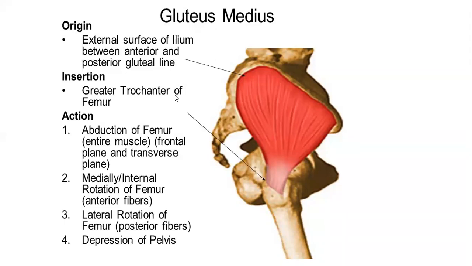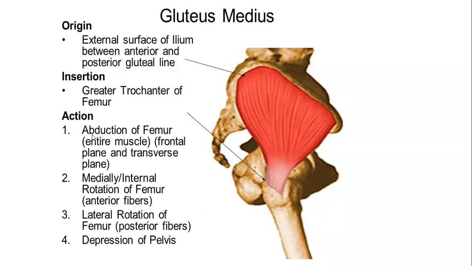This point must be clear to all of you in order to understand the clinicals, which are again very important, not only from the clinical point of view, but also from the examination point of view, because this muscle and its clinicals are commonly given within the exams. MCQs, SAQs, and viva questions, equally important. So let's see the action. What is the nerve supply of gluteus medius? Superior gluteal nerve, branch of the sacral plexus.